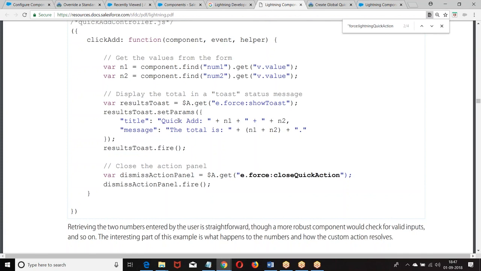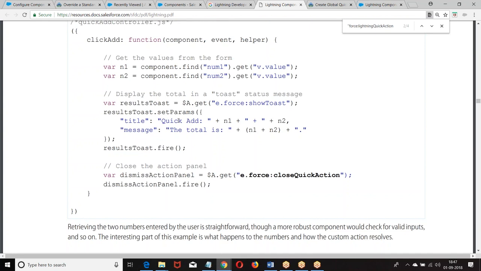If it is a custom namespace, we have used C. Now this is a standard action which is defined under force. So E dot force colon, what is the name of the event? Show toast. Right. Now if you want to pass any message, any parameters, then dot set params, title, message. I hope you got my points.